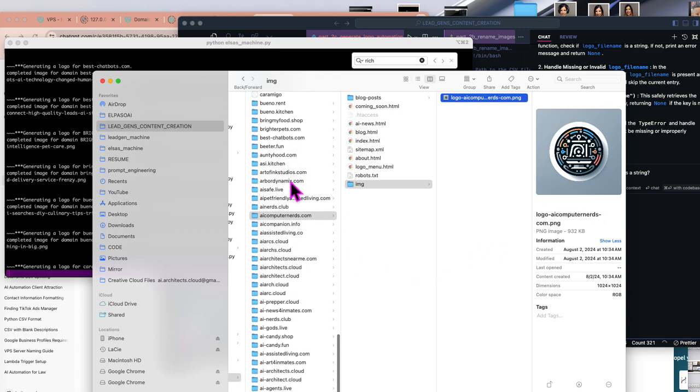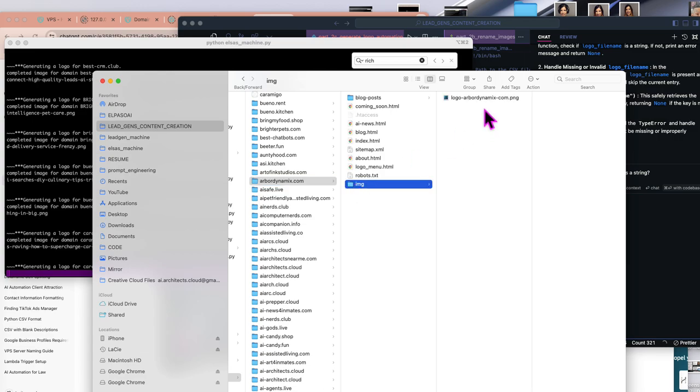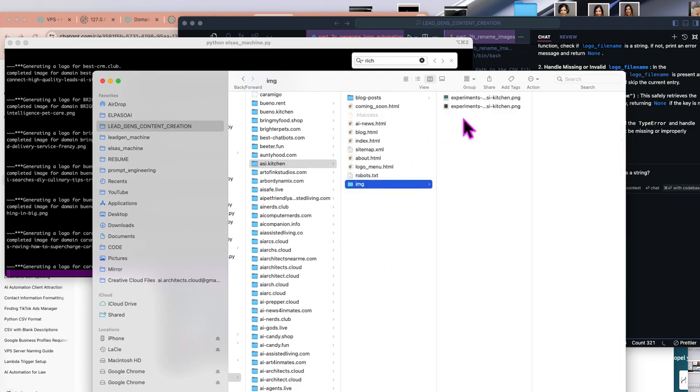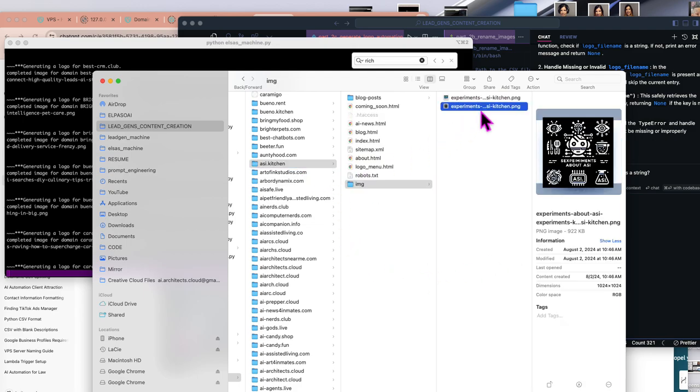So yeah, these are going to be just like the blog logos and the favicon logos. I thought that one's a really nice one. Too bad I actually don't own this website. And then let's see, I am curious about this one because at first it tried to give me information about